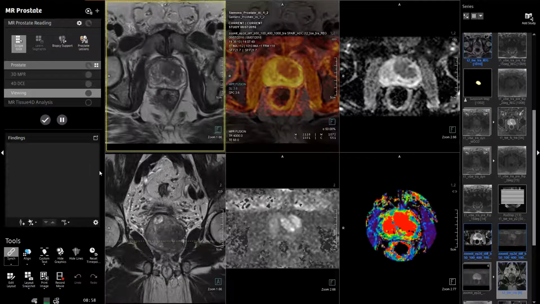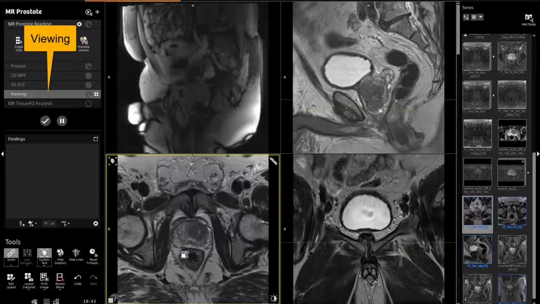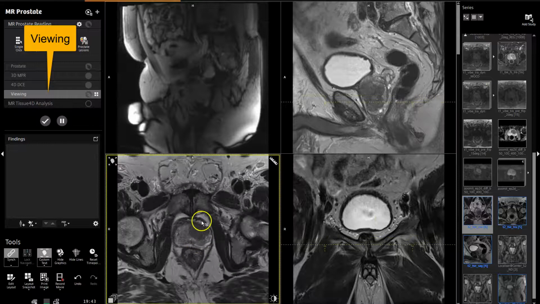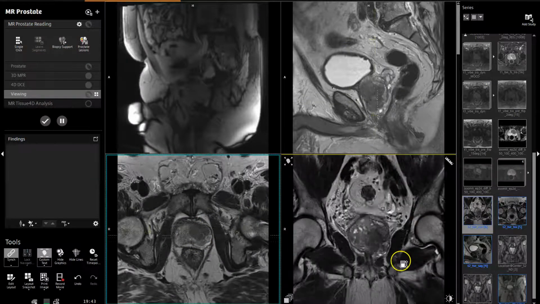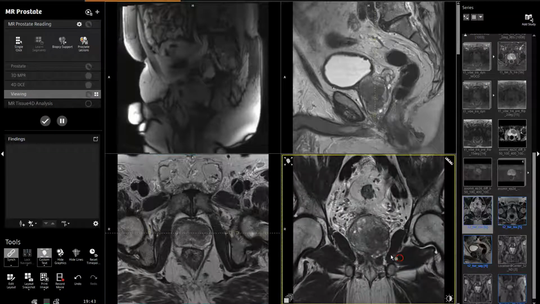So how do you reconstruct a B2000 image if it has not already been done at the scanner console? That's quite simple to do. Go to the Viewing tab. Here you can see the T2 image showing disease extending into the peripheral zone through the false capsule, confirmed on